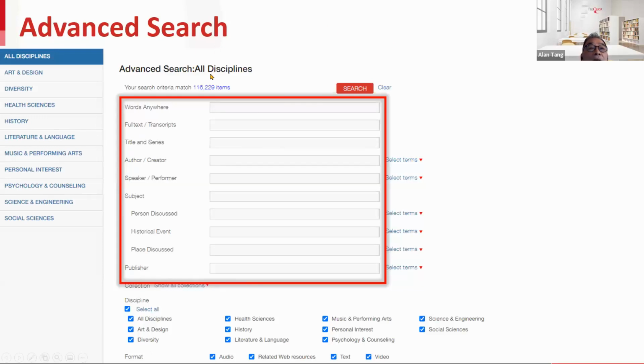By the way, on the top there is a number here. How many items will be found? Because now we are searching all disciplines and all formats, right? So in a way, that means on the multimedia platform, there are a hundred and ten K items you can access. And when you change, for example, to health science,